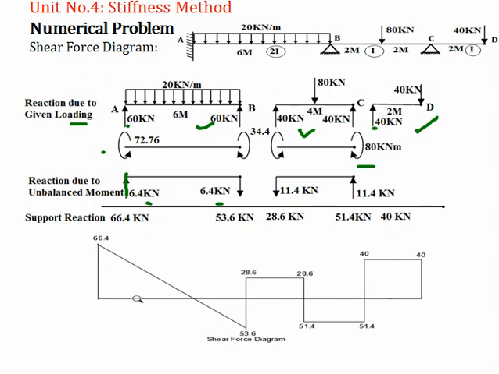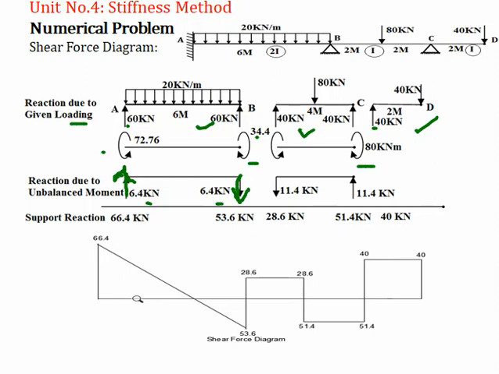Now the moment at the far end, 34.4 kilonewton meter, is in a clockwise direction. So here you have to show the arrow upward. It will rotate and get added into this 34.4 kilonewton moment. Now at the far end, you have to show the same reaction in a downward direction, and the magnitude is 6.4 kilonewton.